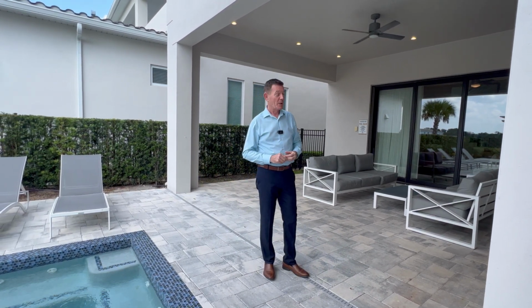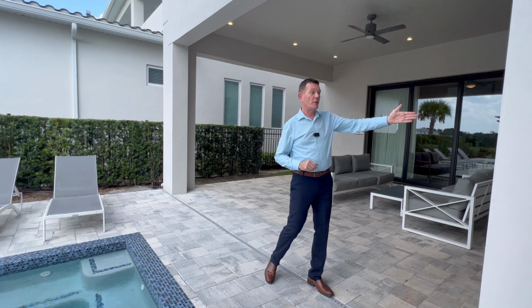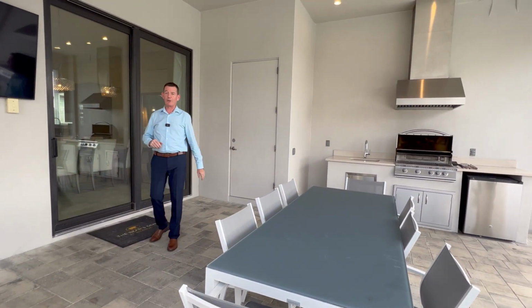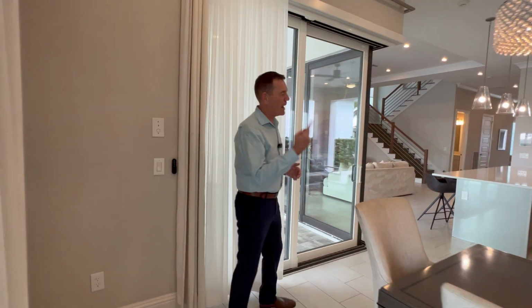Happy clients. This covered lanai area connects to the kitchen area as well, and we'll go back in through these sliding doors, back into the air conditioning, which is pretty welcome right now, and we'll take a look at the rest of the house. So welcome back inside, and as we pass back through the main body of the house,